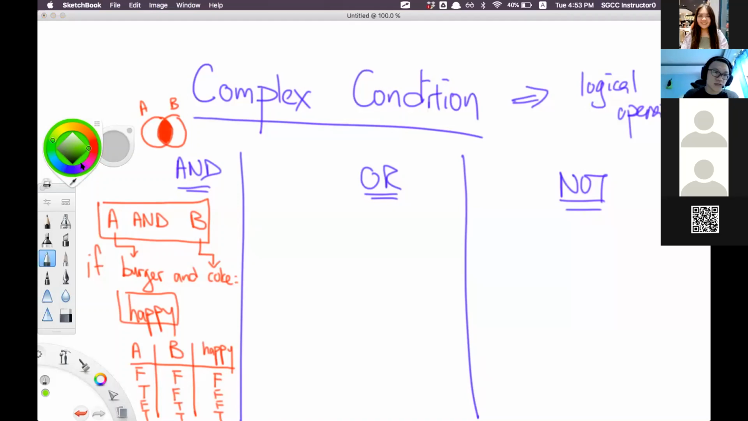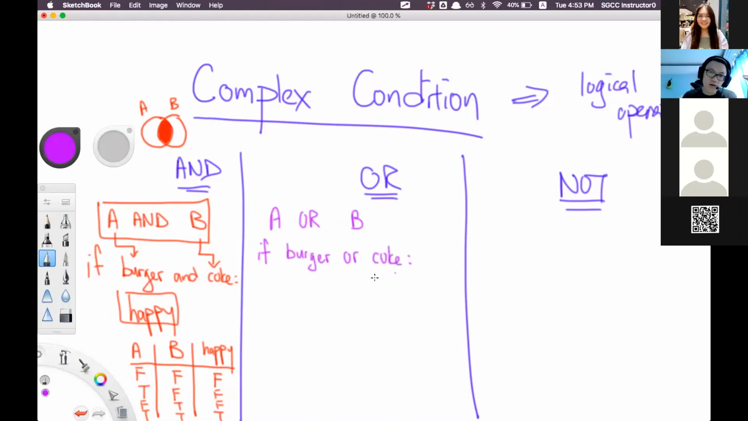Let's use a purple. I have A or B. This one will be a bit more lenient. If burger or Coke, happy. So today Mr. Wawa is a bit more lenient. Either burger or Coke is fine. I don't need to have both. Either one of them is good enough. So when I write this table out, A, B, and happy,